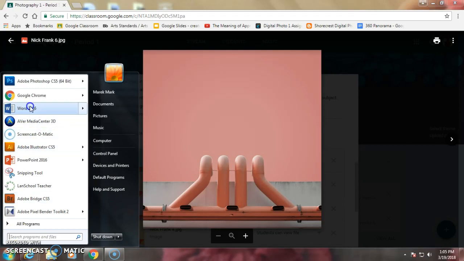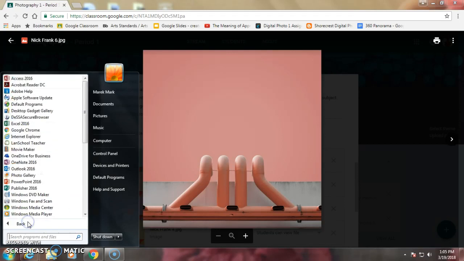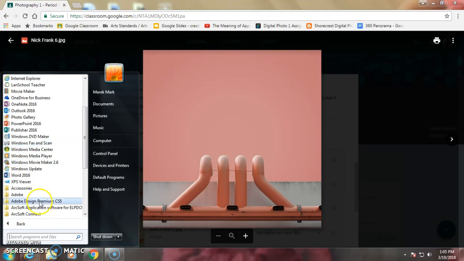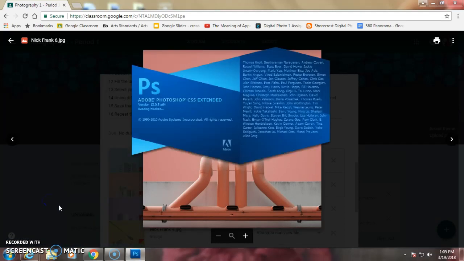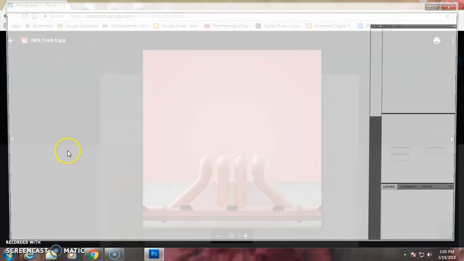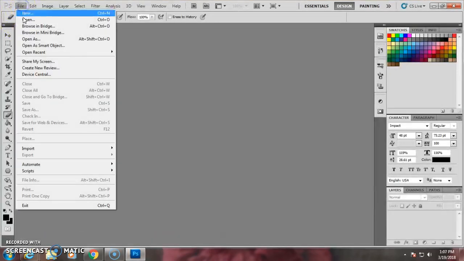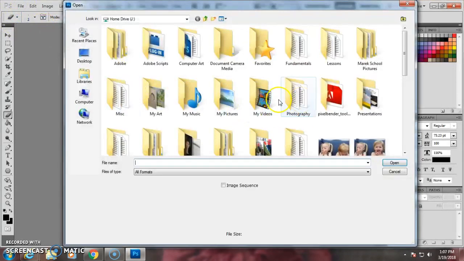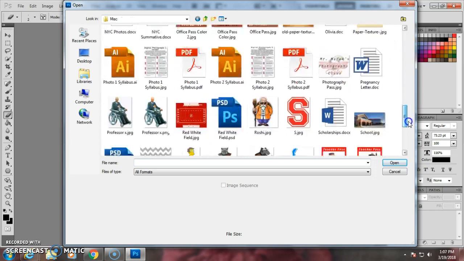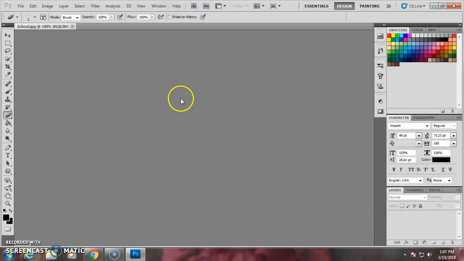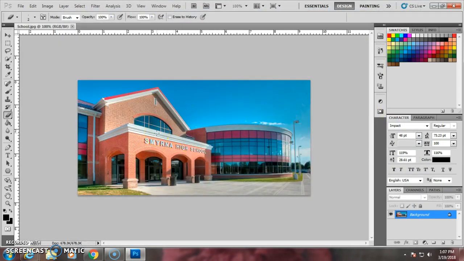For those of you that don't remember, press Start, go to All Programs, scroll down to Adobe Design Premium CS5, and click on Adobe Photoshop CS5 64-bit. When Photoshop opens, please open your first picture. Mine is in this folder here. So you need to find the pictures that you've taken, open your picture, and then you need to start to